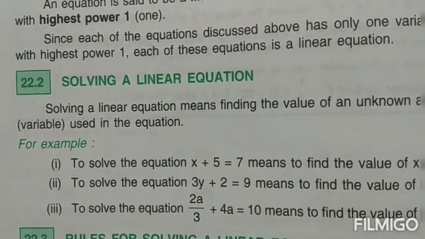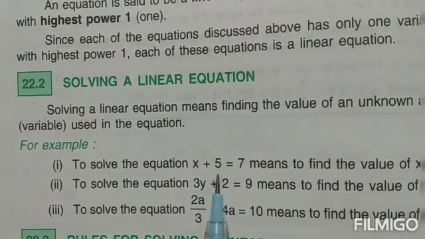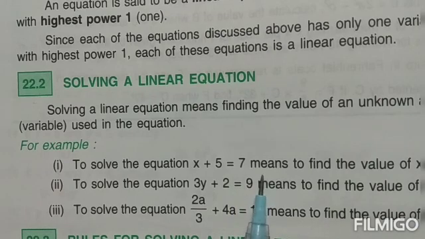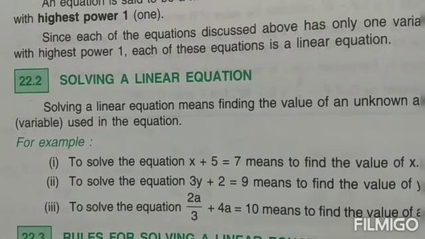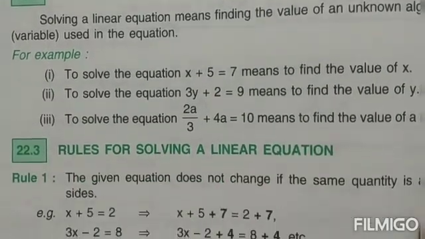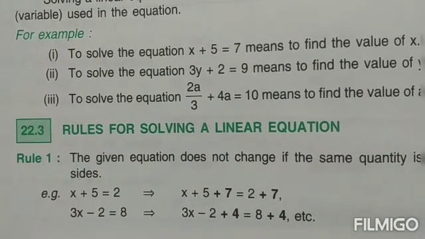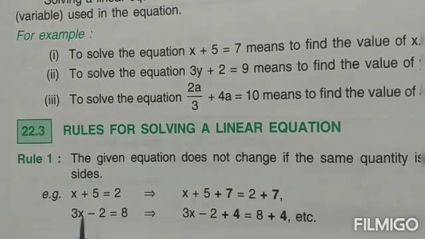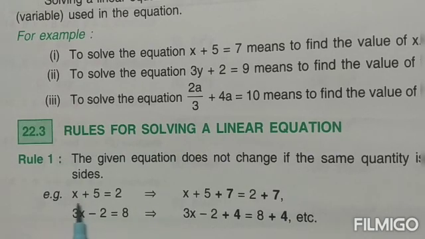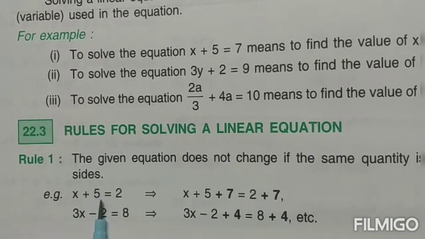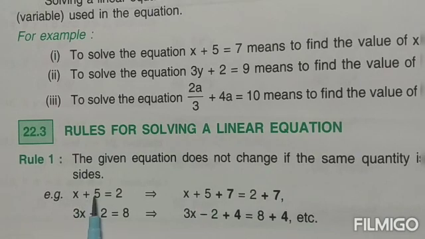To solve a linear equation, suppose it is x plus 5 is equal to 7. That means, how are you going to do it, children? Now I'm going to show you the way to do it. Now children, while solving it, there are two methods that I'm going to show you and explain to you. In one method, children, whatever is the number that is written with the variable, we try to write the same number but with the opposite sign.